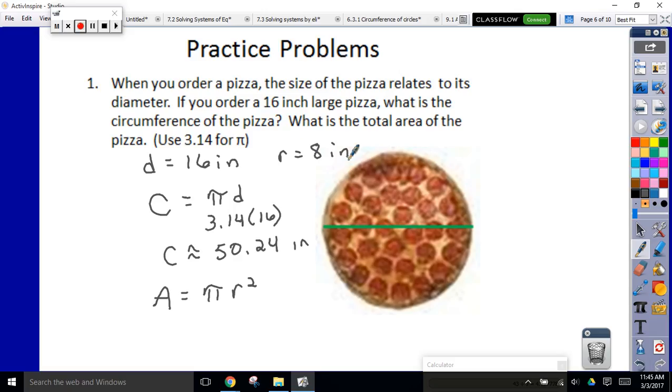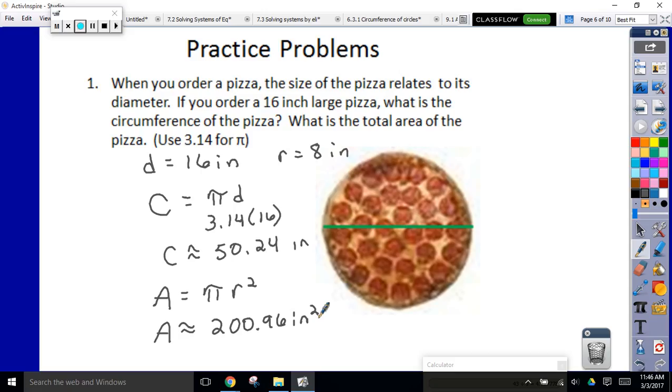So if we put 8 into this formula, we're going to have to do 8 times 8, which is 64, and then we have to do 64 times pi. I'm going to make that be a wavy line. Trey, you got it again? Good. 200.96 square inches. So if you were to eat this whole pizza, you're eating about 201 little 1-inch